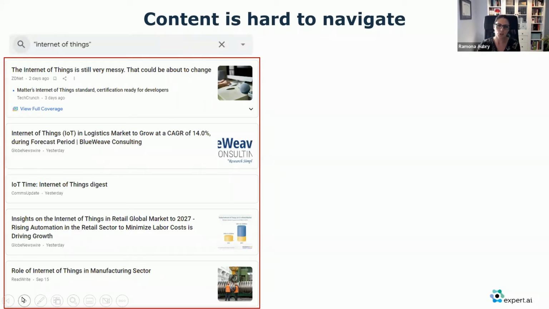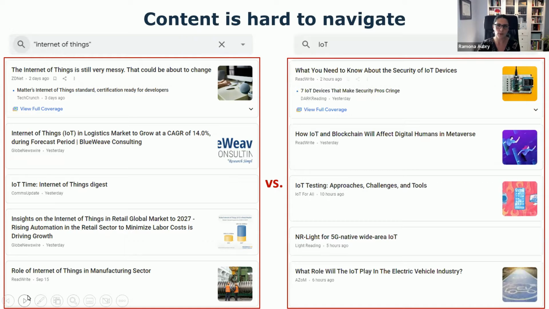This is an example of a search I performed. And what I typed at the beginning was Internet of Things. And if you look at these results, the results are presented according to the keywords that I typed here. And obviously Internet of Things is associated also with an abbreviated form that is IoT. I performed the same search on the same website, and I got very different results. So in this example, I had more than 300 articles that popped up for the Internet of Things on the left. And on the right side, I had 3,000 articles.